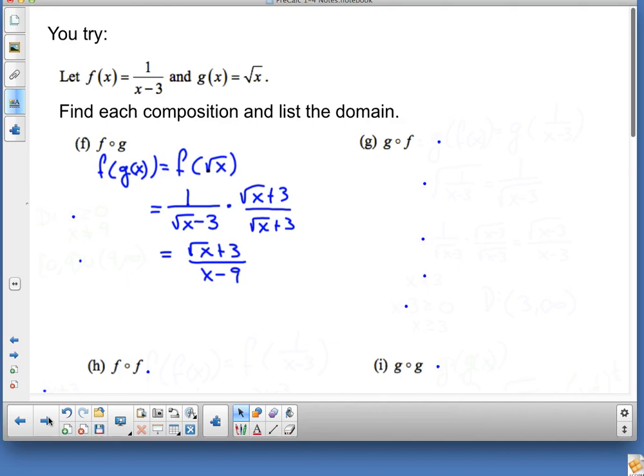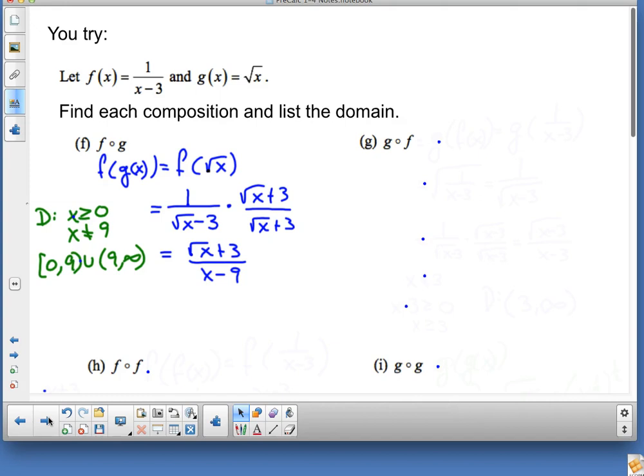You okay with where I'm going with my function? So I made it all pretty. I took that square root out from underneath. Okay, now let's talk about my restrictions. Okay, the square root of x minus 3 can't be 0. Okay, so if that can't be 0, okay, as I'm going through,